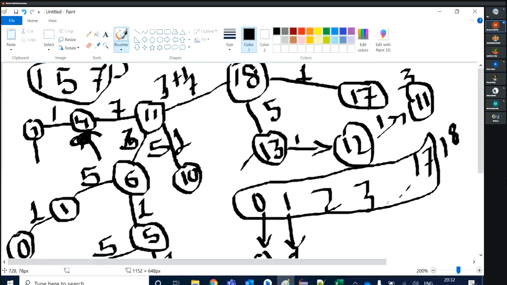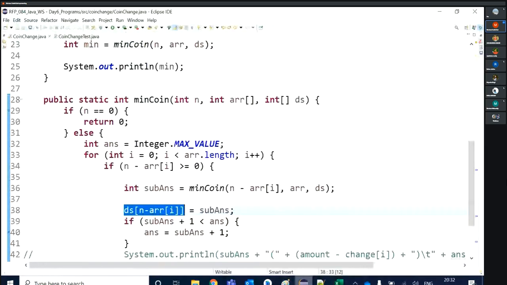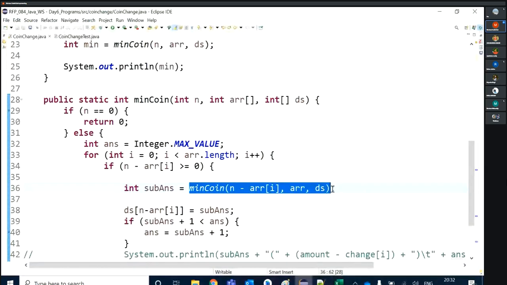At that time, I don't want to do the calculation again. Calculation means here I don't want to call this function again, because this recursive calling is increasing the complexity.